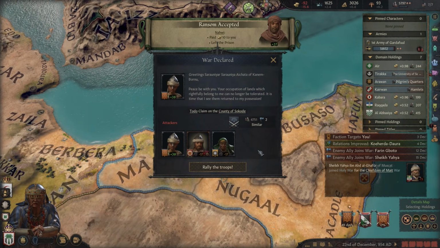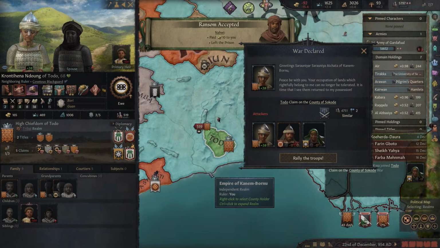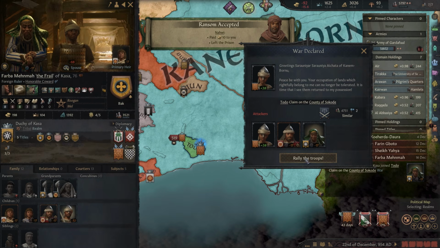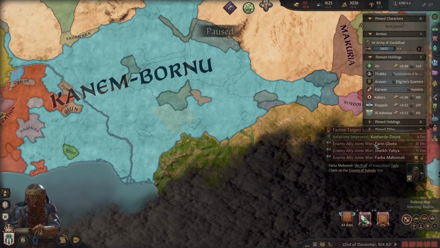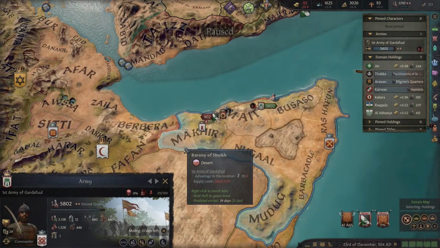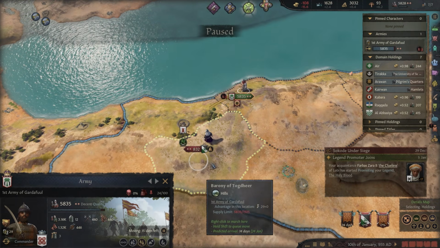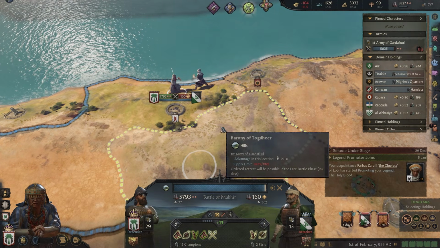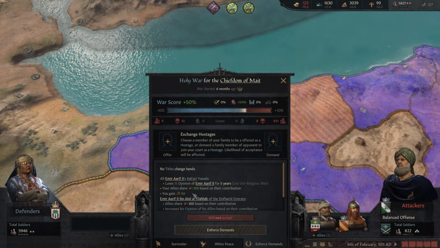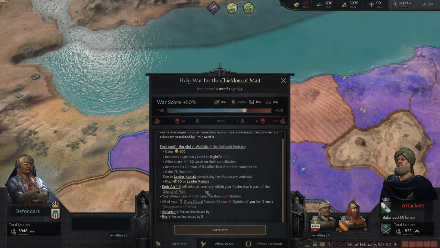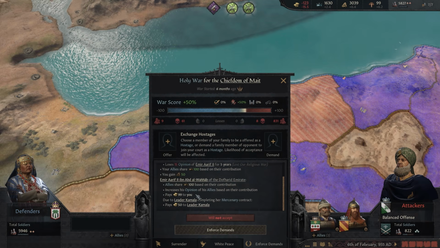Somebody's declared war on me? Todo has declared war on me. It's fairly optimistic. They're being backed by Casa, but still fairly optimistic. Okay, well, I am bankrupt, which is a huge benefit for them. Right, go. Call the army, 50%. You're not going to give me any money? Wait. No titles change hands here. Oh, he would pay me 99.